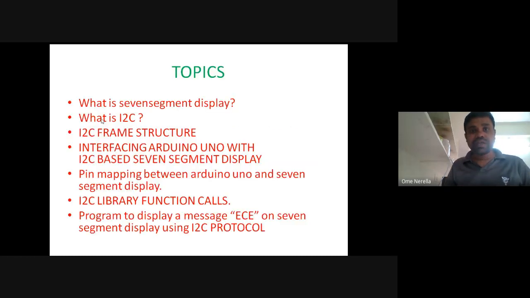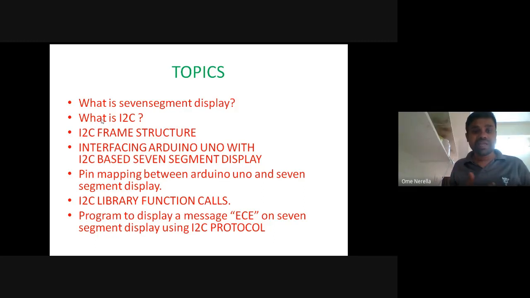Today our topics are, first, we should know what a 7 segment display is, what I2C is, and what the I2C frame structure is in order to communicate between the two devices. Then how to interface our Arduino with the 7 segment display, what the pin mapping is, and what I2C library function calls are available to develop the I2C based 7 segment display application.